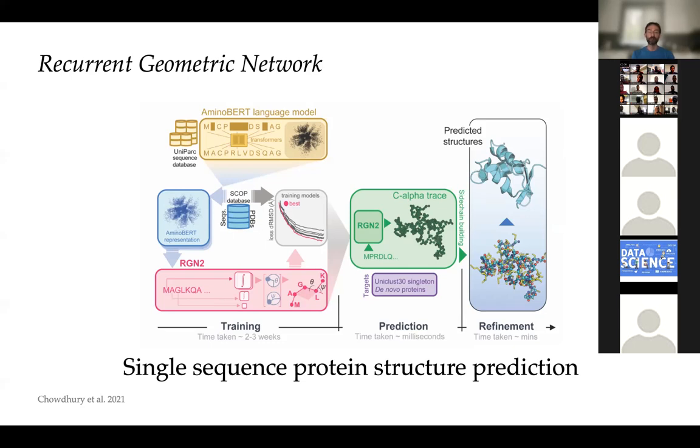Now, 2 days ago, they published on the bioRxiv a paper that I cite here, and don't take me by the word. I haven't read it. I just briefly skimmed through it. So they claim to have a single sequence protein structure prediction that doesn't use any protein evolution. So it's a combination of this geometric network and the language model for protein sequences that can predict the structure from a single sequence. And they claim that on some cases they outperform AlphaFold. So this is how fast this field evolves.